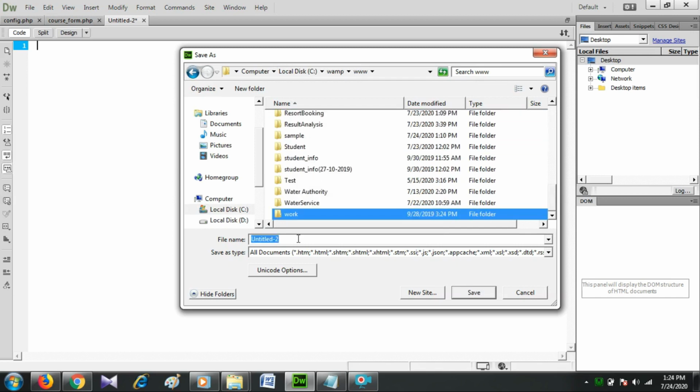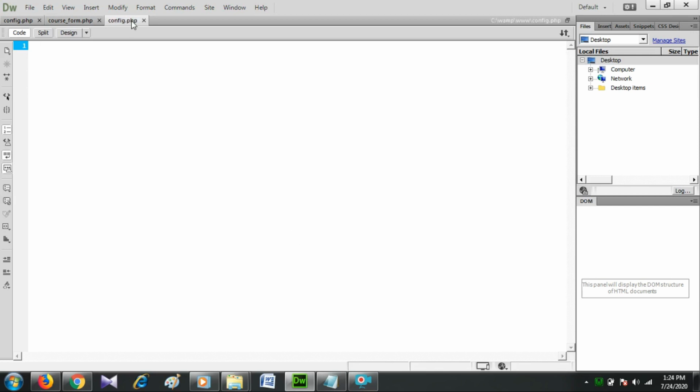Why am I creating a separate database connection file? Because if you have created multiple files in which you want to insert data or select data from the databases, you do not need to write the code for database connection every time. You just include it on the top of your code using the PHP include function, call its function and use it. It also helps when you are moving your project from one PC to another: you have to change the values in only the single file, and all changes will be applied to all the other files automatically.